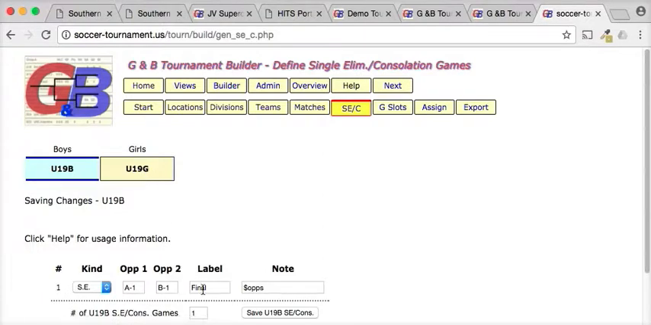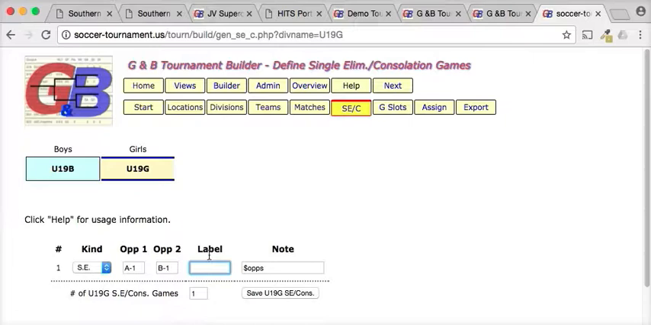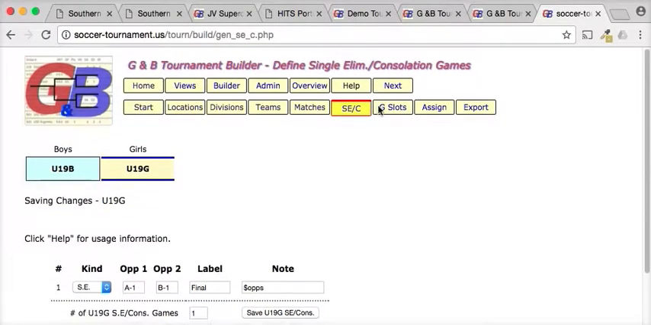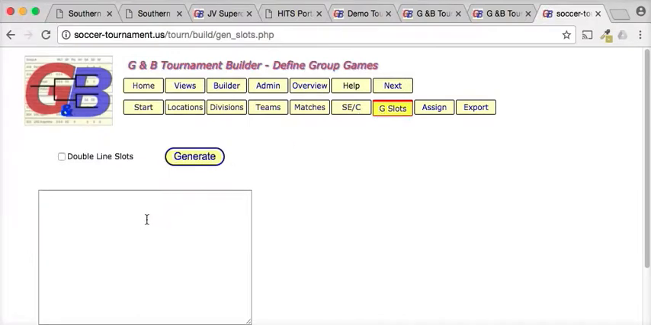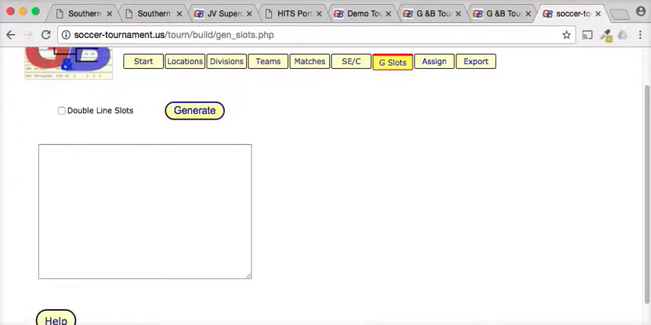And I'm also going to do the same thing for the girls. Okay, we're done with that. G slot stands for game slots. And here,